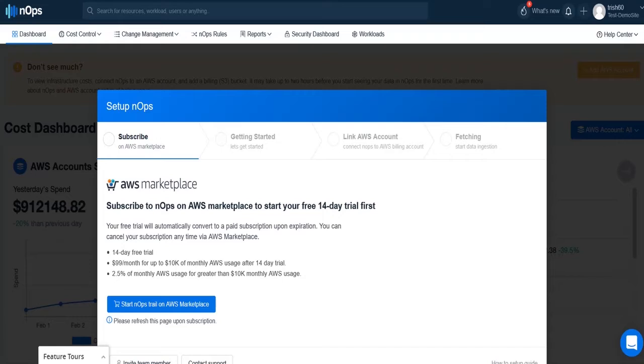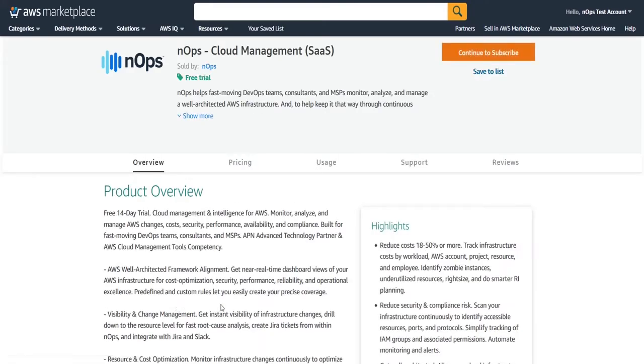How to add your AWS account using the automatic setup. When you log into your nOps account, a pop-up screen will appear. First, you will want to subscribe to nOps through the Marketplace. By clicking Start nOps Trial on the AWS Marketplace,